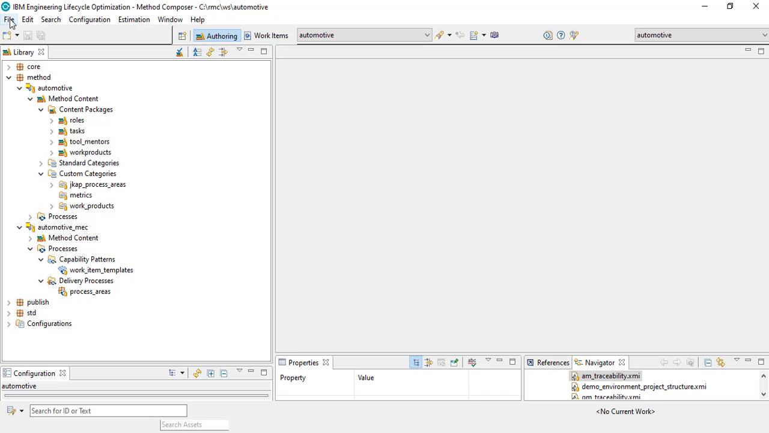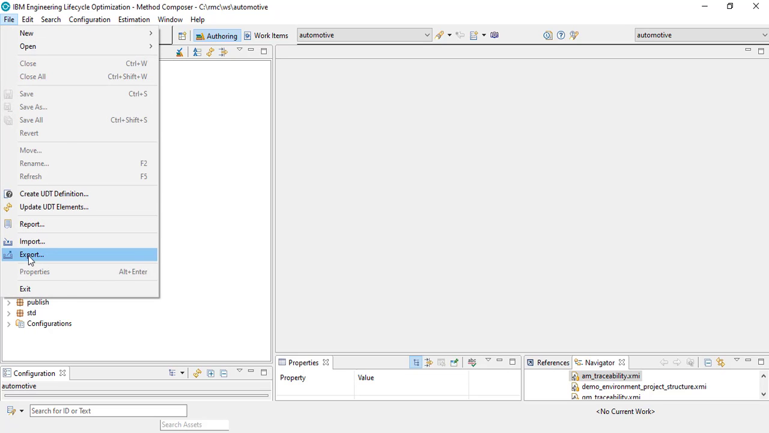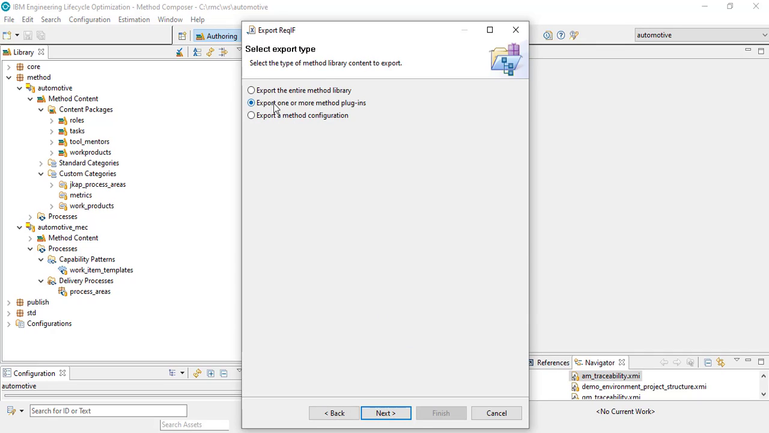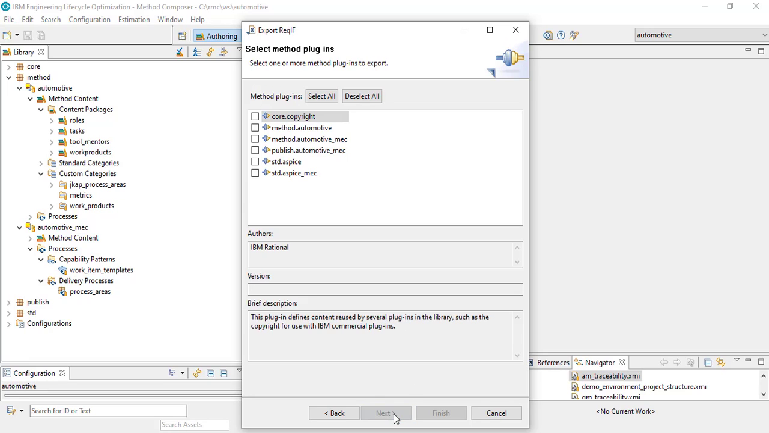What you would do to bring it into DOORS Next is you click File, Export, you choose ReqIF, that's Requirements Interchange Format, you click Next. You choose whether you want the whole library or specific plugins. In my case, I want to export specific plugins. I select all the plugins that don't have that MEC suffix,